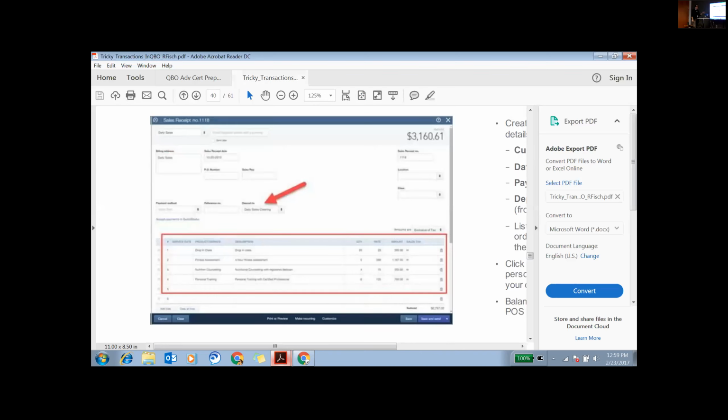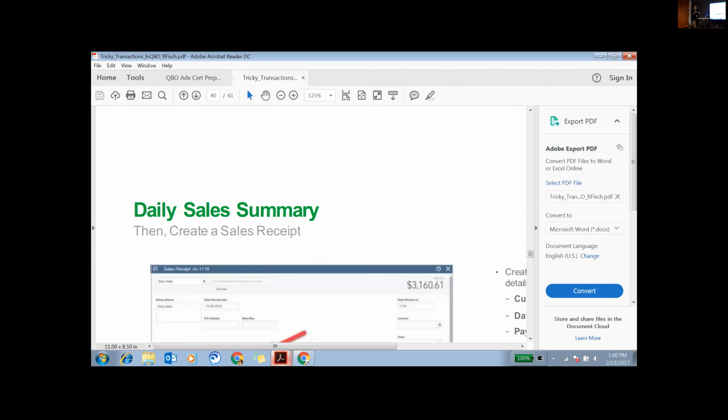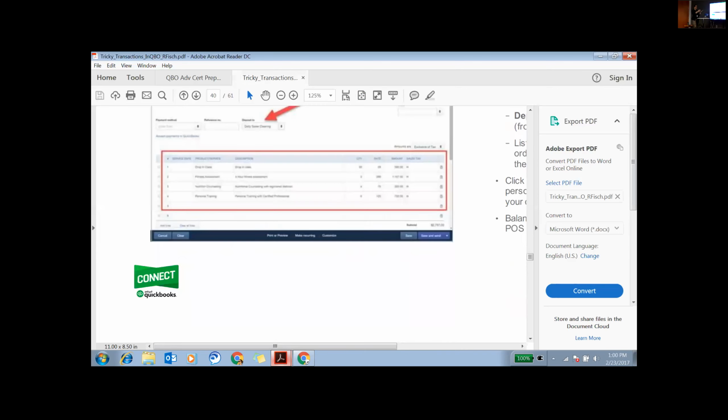And then from there, you can use that other tool we were just talking about with the rules. When you record your sales receipt, you've got money in your cash drawer and you've got money in your merchant service clearing account. And when that moves into the bank, it's a transfer. So now we can reconcile our